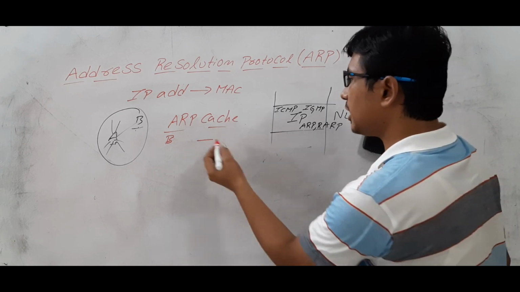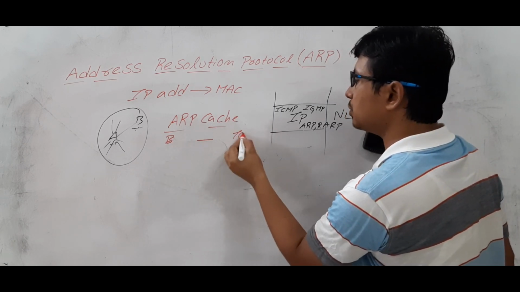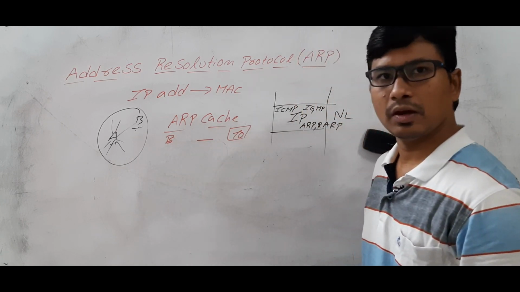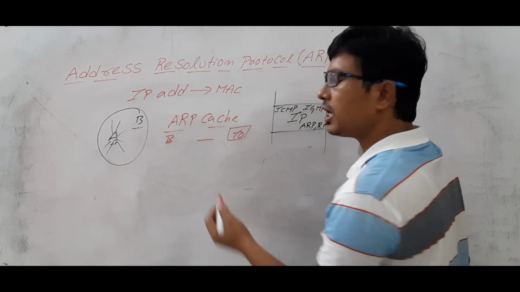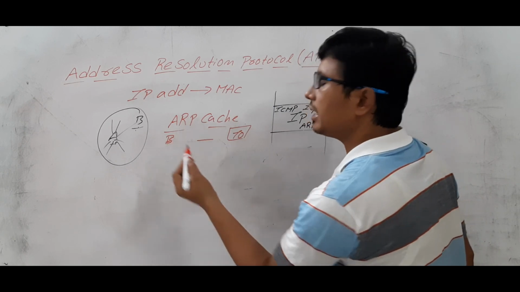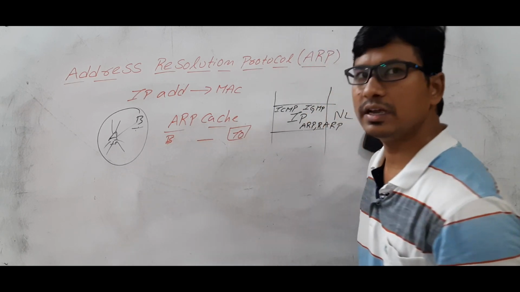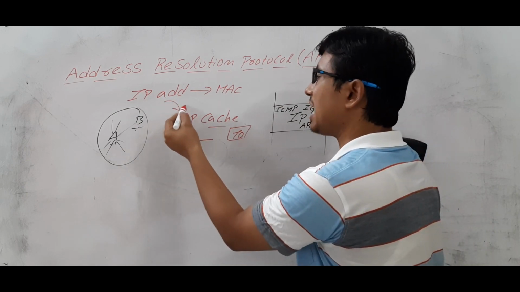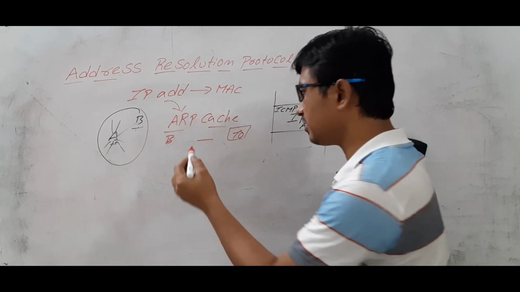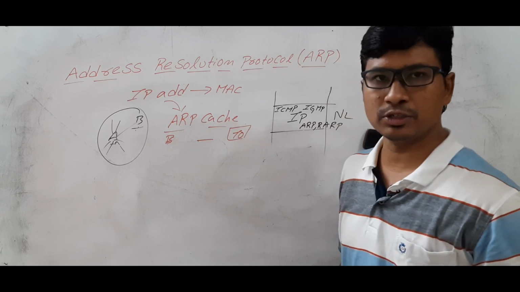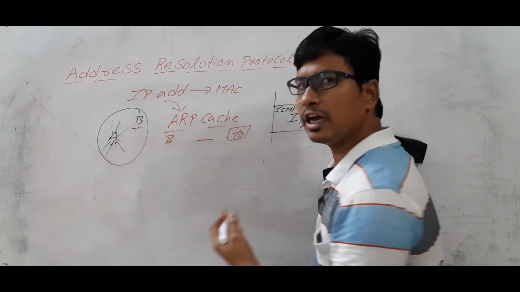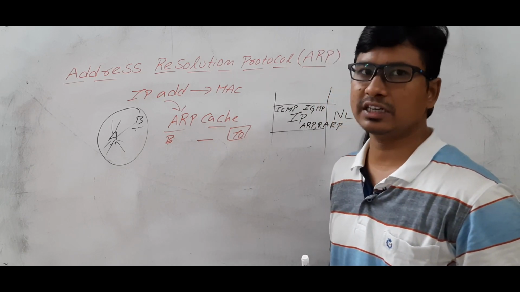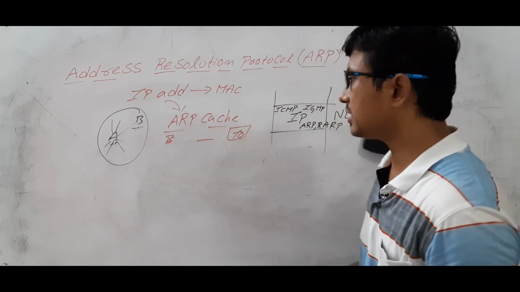And in each time entry, you will have a timeout saying that this is valid for this much time. Are you able to understand it or not? So the ARP cache will consist of entry B and its MAC address. Next time A wants to send to B, first it will check in its ARP cache. If that information is available and the time is not expired, it will not do the ARP request and reply. It will directly find out B's MAC address and send it. Are you able to understand?